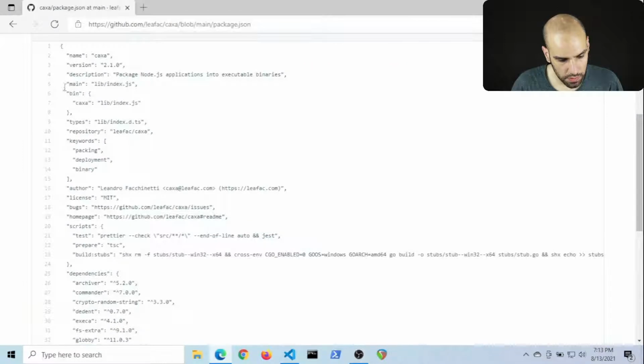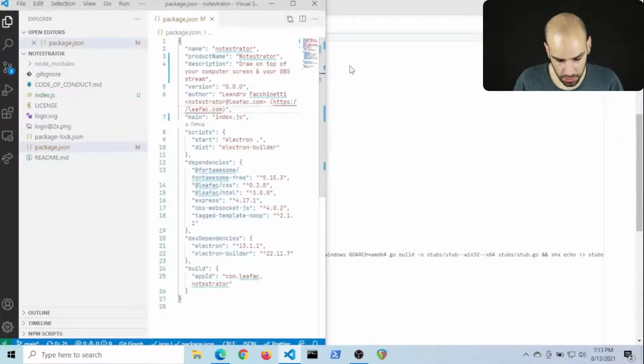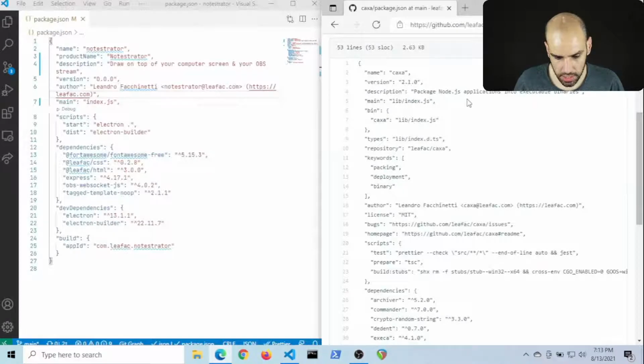And what else do we have here? I don't think I will have a binary for this one. Not a command line binary anyway. And then no types because this is not a library. Then repository, that could be a good one. And it doesn't hurt to have all of these in the same order, right? So let's see this side by side.